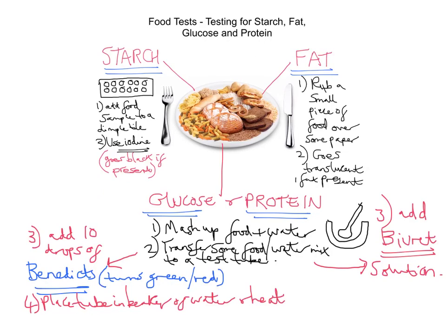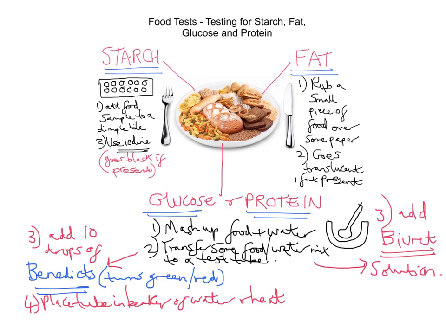solution. Now Biuret, or the Biuret solution, is actually made up of sodium hydroxide solution and copper sulfate solution. So you can even make this up yourself in a lab. 10 drops of sodium hydroxide solution with 10 drops of copper sulfate solution will make what we call a Biuret solution. So if we add 10 drops of the Biuret solution to our water food mix in the test tube